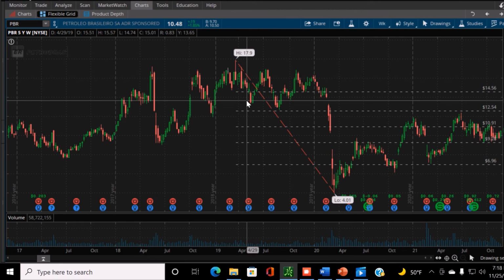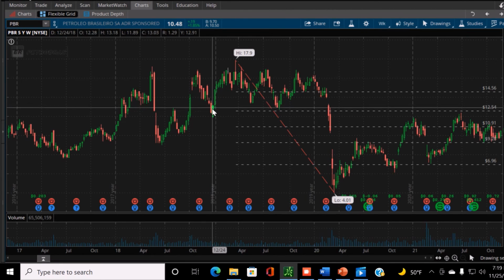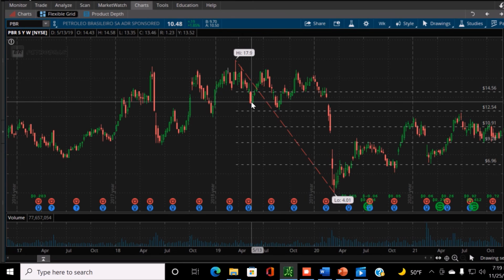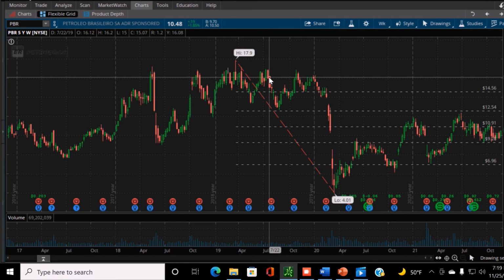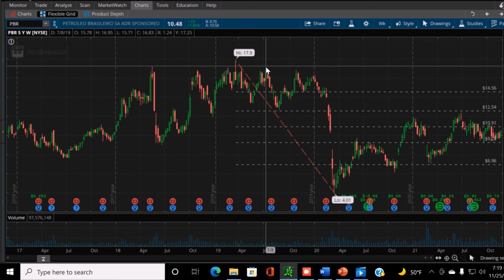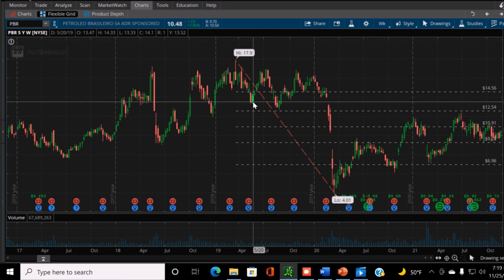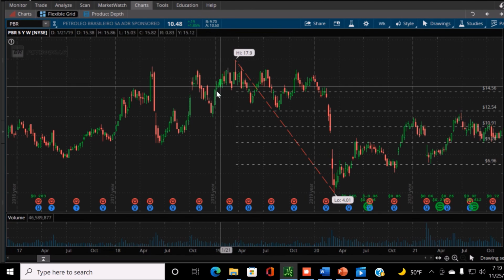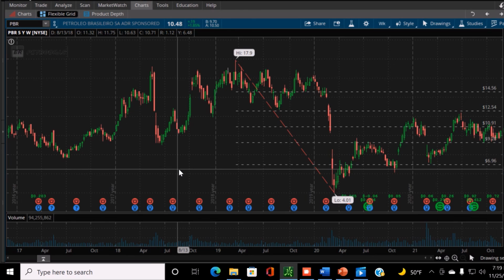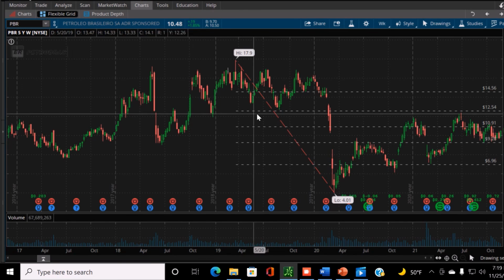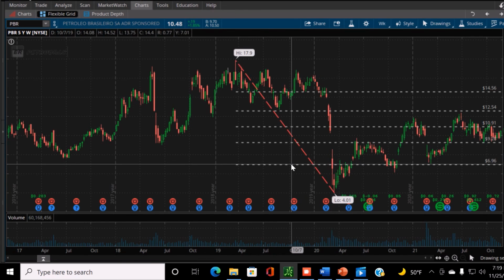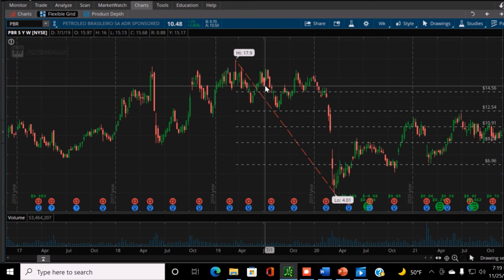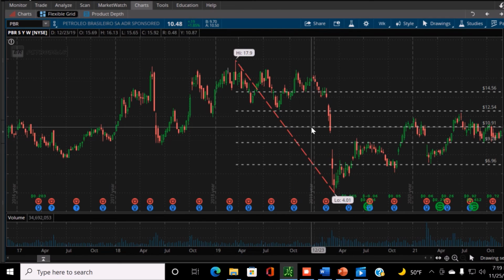I don't know. That's a tougher one, but looking at these marks too, I guess it's making higher lows, and then it came back up, but it didn't make a higher high. So it's kind of funny when you're looking at these retracements. You really got to use all your tools in your toolbox. You know what I mean? You look at your higher highs and your divergences and convergences and everything. But I really do like using these ones because it's so quick and easy to slap them in there.